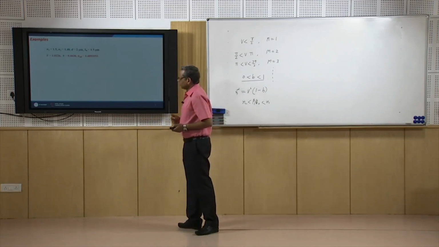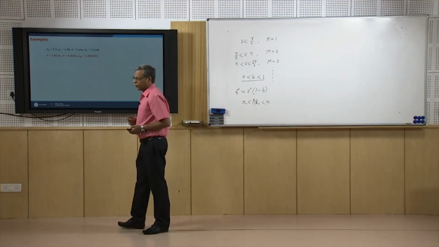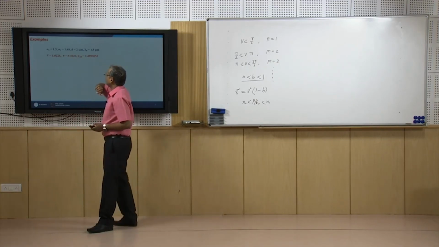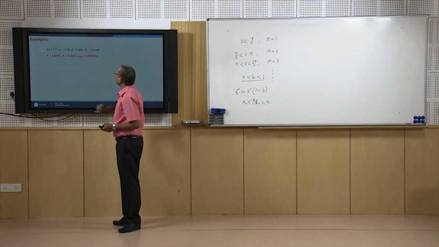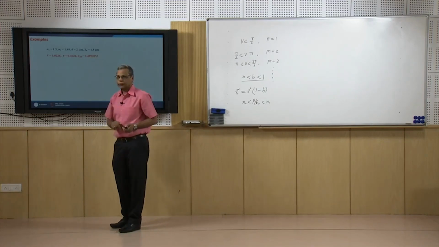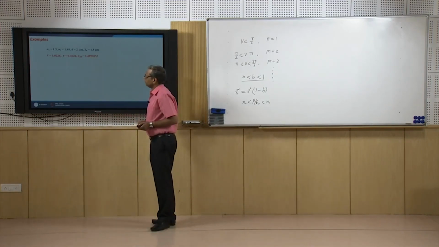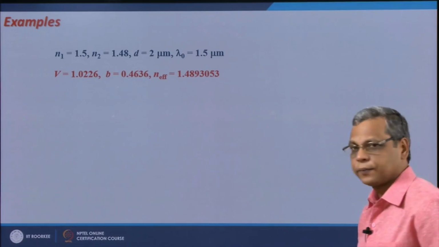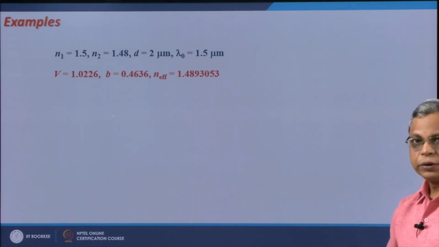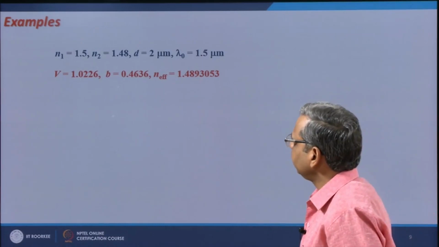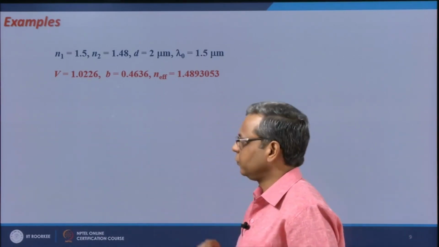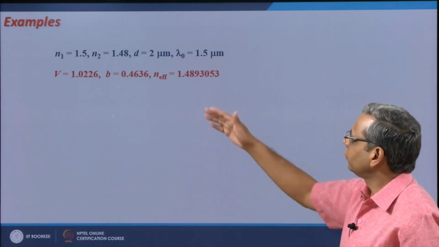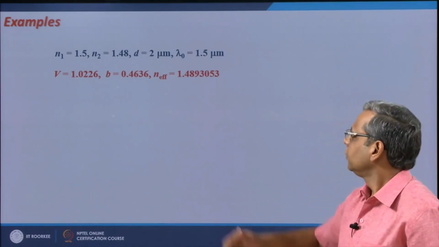Let us do some examples. So, if I have a waveguide with N1 is equal to 1.5, N2 is equal to 1.48, D is equal to 2 micrometer, and I operate it at lambda naught is equal to 1.5 micrometer. If I calculate the value of V from here, it comes out to be 1.0226. I go back to those BV curves and read the value of B corresponding to this value of V, it comes out to be 0.4636, and then I find out the value of N effective, which comes out to be